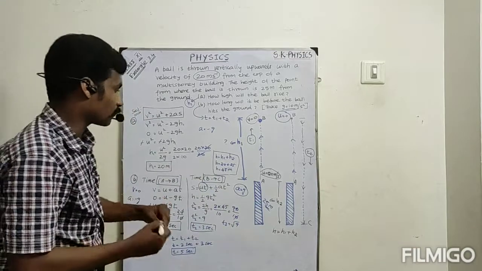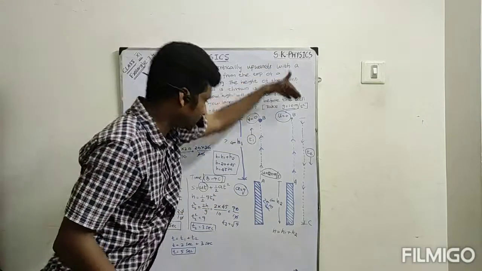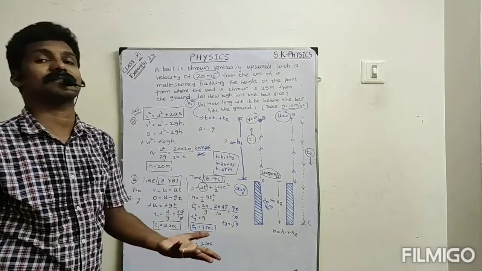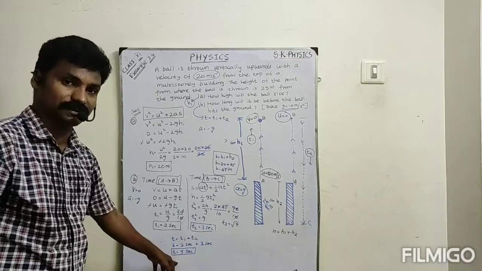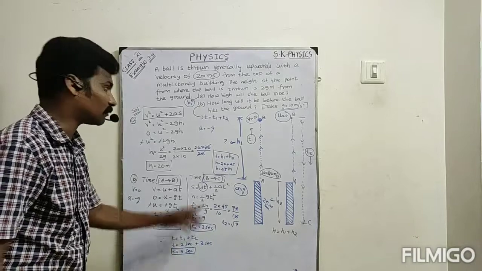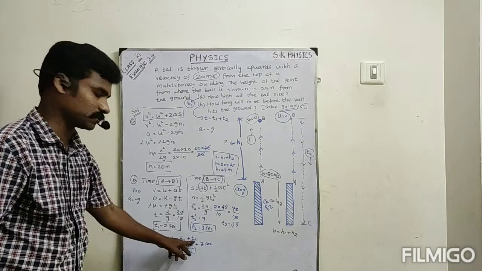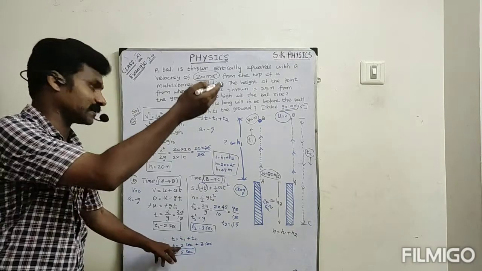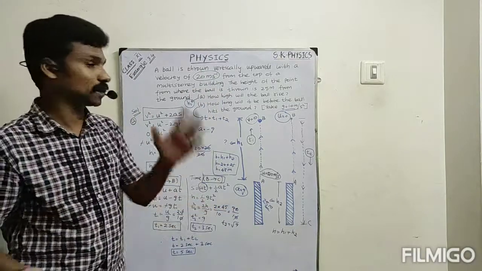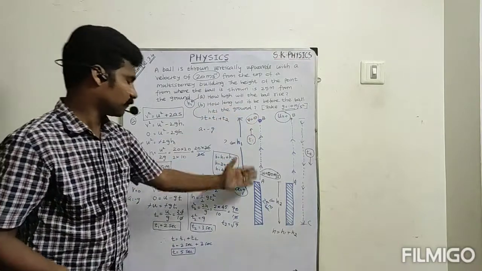So now you know from A to B how many seconds? 2 seconds. Then B to C how many seconds? 3 seconds. Now very easy. Now the total duration is how much? I think it is visible, 5 seconds. Please listen students. Therefore the total time is T1 plus T2. So T is equal to T1 plus T2. T1 is 2 seconds. T2 is 3 seconds. So totally 5 seconds.